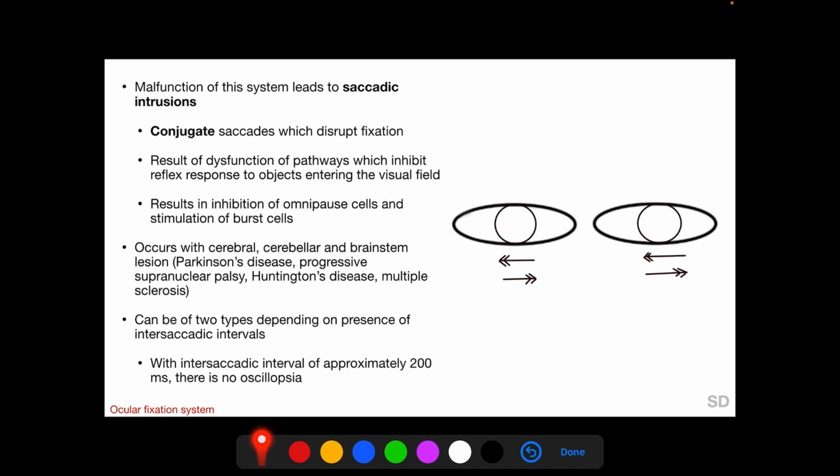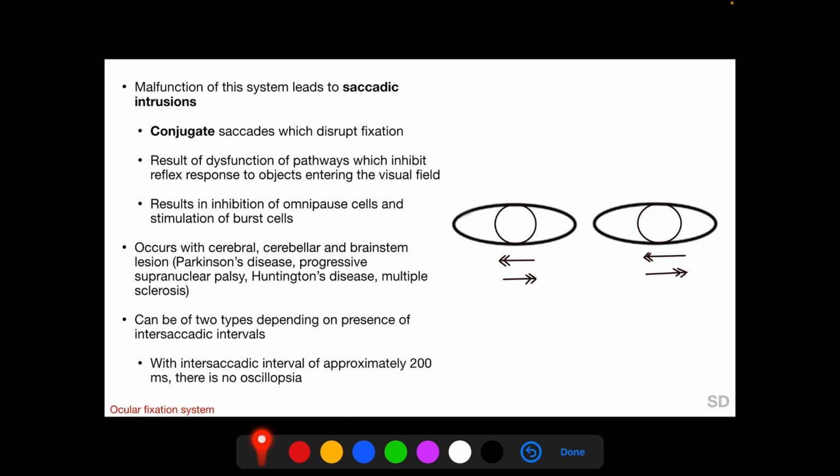And saccadic intrusions have been found to occur with a large number of neurodegenerative diseases such as Parkinson's disease, progressive supranuclear palsy, Huntington disease and multiple sclerosis. And saccadic intrusions have been classified depending on the presence or absence of intersaccadic intervals between two consecutive saccades. If there is an intersaccadic interval of approximately 200 milliseconds, there is no oscillopsia. Oscillopsia is a vertigo kind of perception by the subject in which the subject has a sensation of movement of